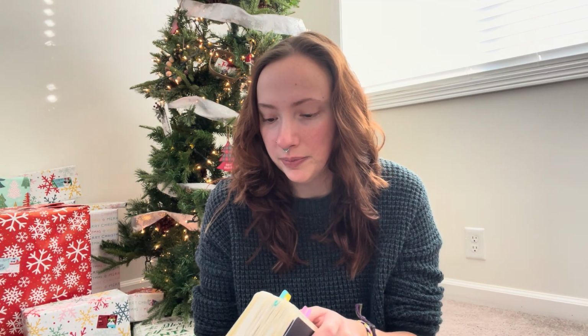Anyway, I like the cover and stuff, and I like the paper. It's one of the ones that does have the quality control sticker in it, so it does hold fountain pen ink and everything. I think I just got overwhelmed by having too many notebooks at the beginning of the year, because I also had this one going at the same time, which I was using as a sort of